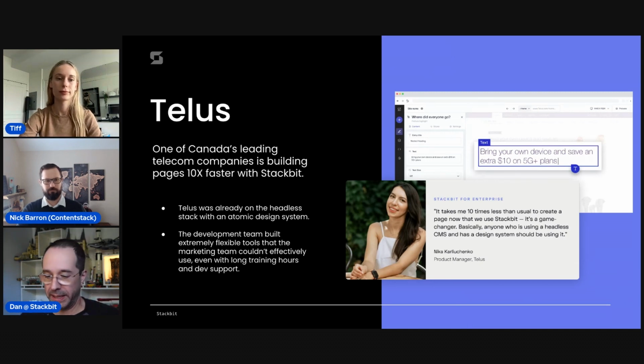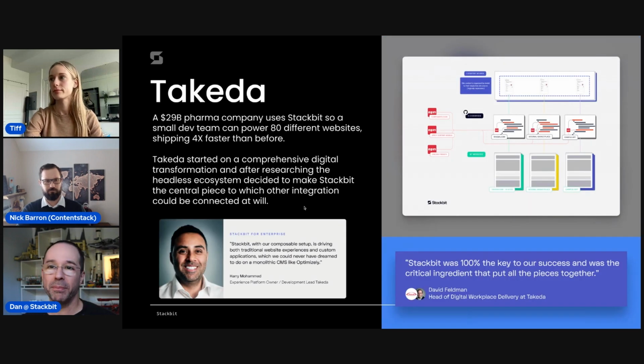So exposing that architectural flexibility to the marketers and content ops is kind of hard. And editing without seeing exactly what you're doing is also hard for some folks, right? So they've found training is becoming way easier, and page creation is 10 times as fast. And Takeda is a different type of use case, right?